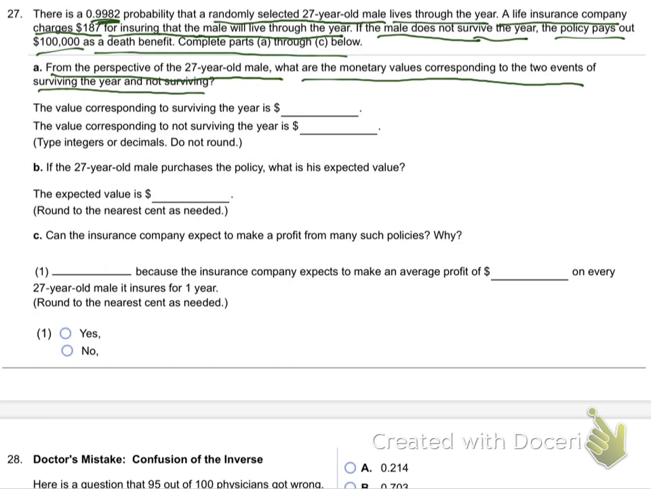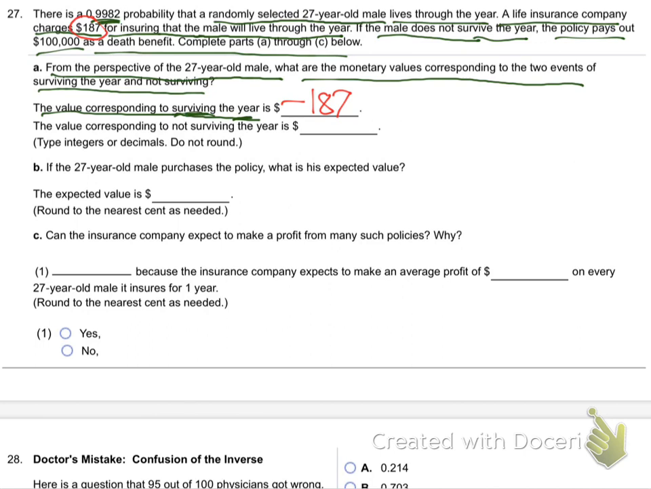All right, so the value corresponding to surviving. What happens if the male survives the year, to his bank account is what we're talking about. Well, all that happens is he pays $187 for the life insurance policy. So minus 187. It's minus because he loses that money. It's negative on his bank account. He pays out $187 for the policy and gets nothing back because he lived through the year. Now, the second part